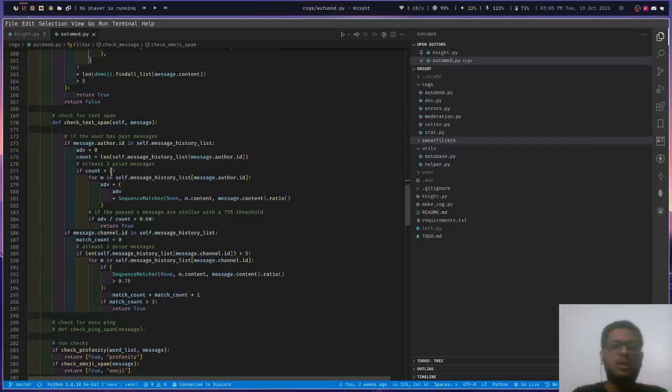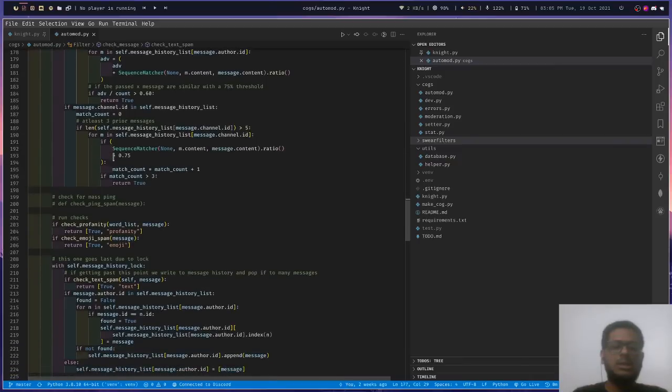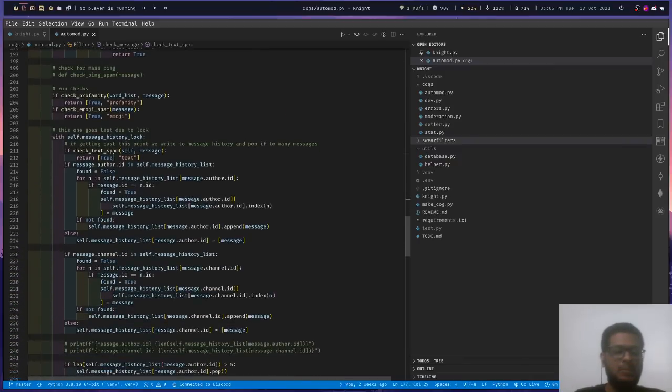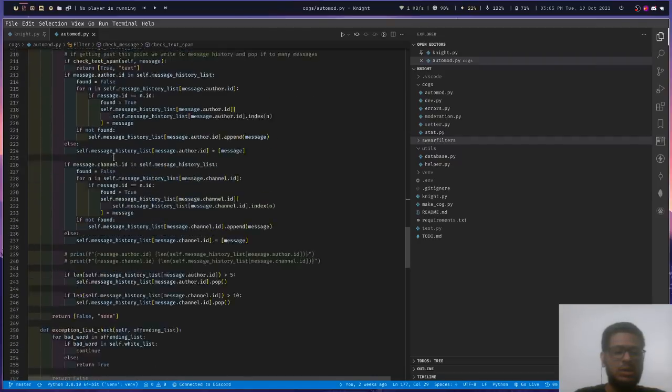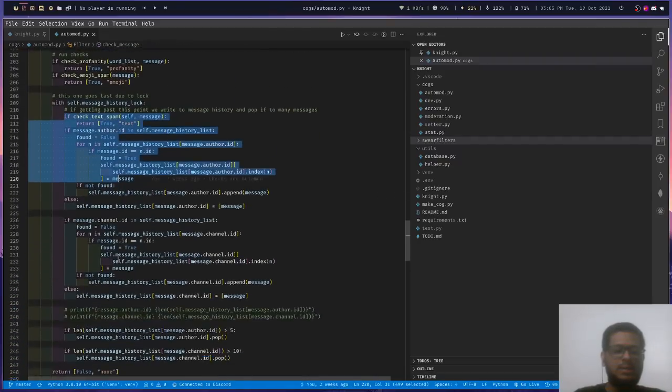Like if the previous 3 messages were ASD and the 4th message is ASD, that means it was spam. I have kept the count as 3. Above 3 it would be considered as spam. This is basically how to store the text spam.